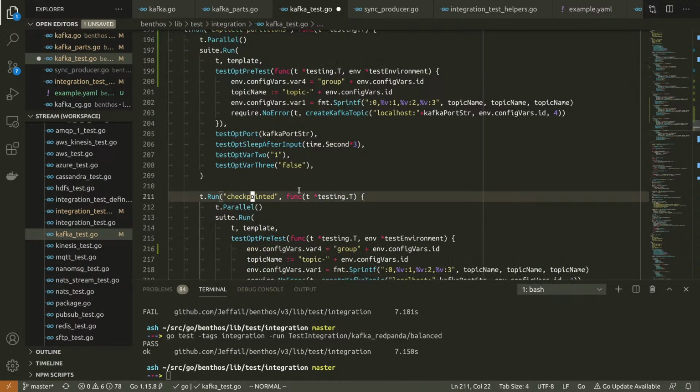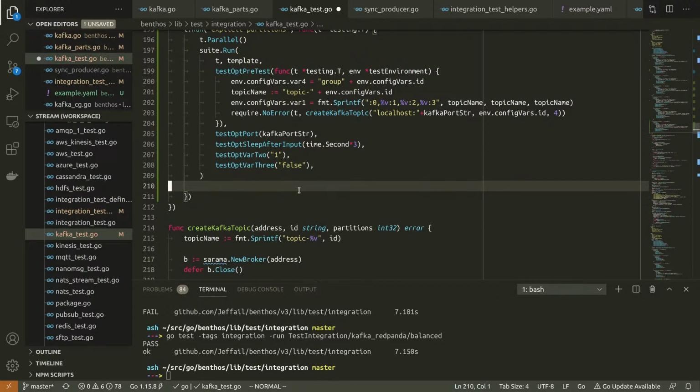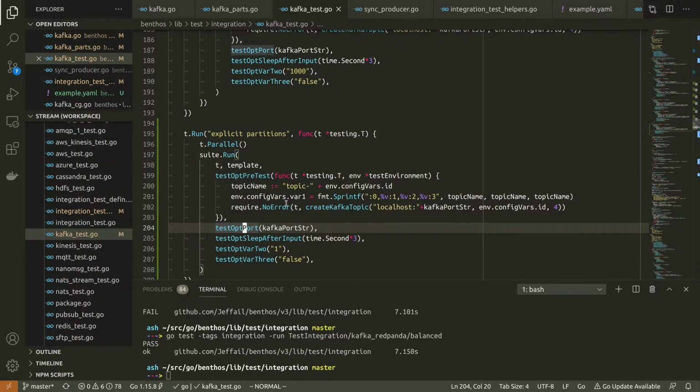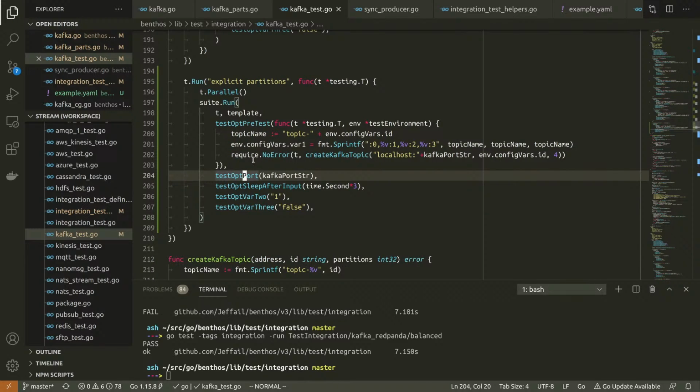I think for this, because it's all the same code path, I'm only going to have 1 suite. But we will do multiple partition topic partitions.